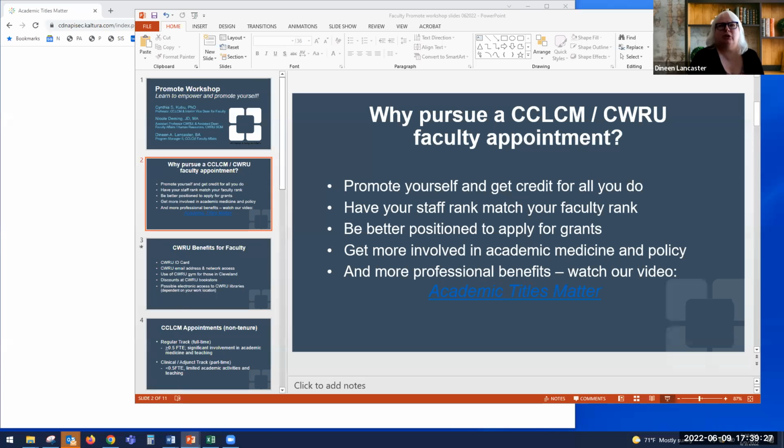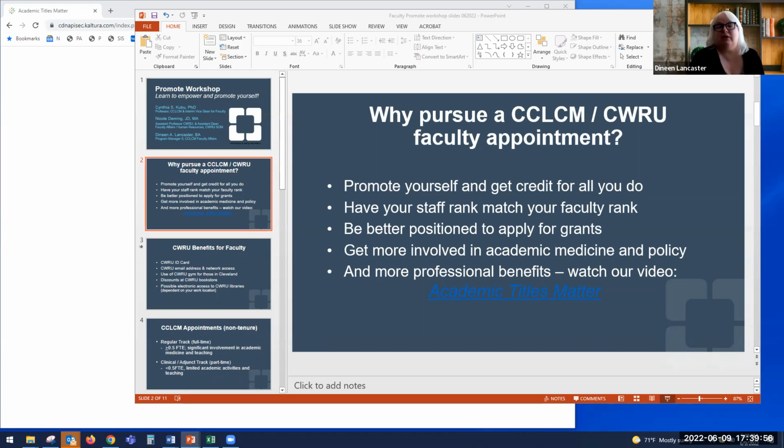A lot of times people will say, you know, I bet it's hard to get one or not many people get approved. Actually, almost everybody who applies does get approved because we look at your application and we help you with it to make sure that it looks good, that you are qualified. And so probably about 99% of our applications go through. So if you're worried that maybe you won't make it, we help you along.